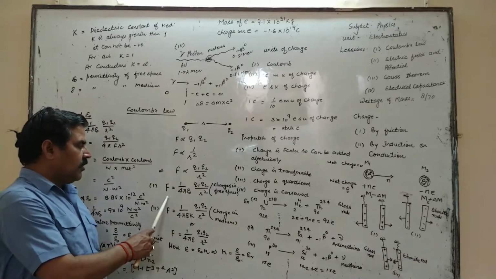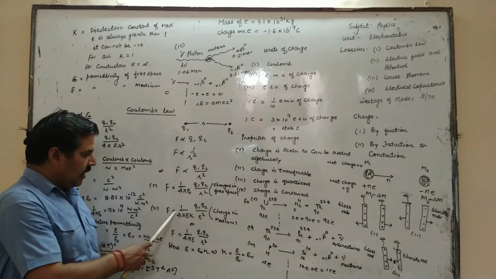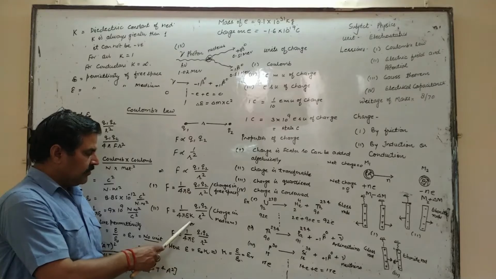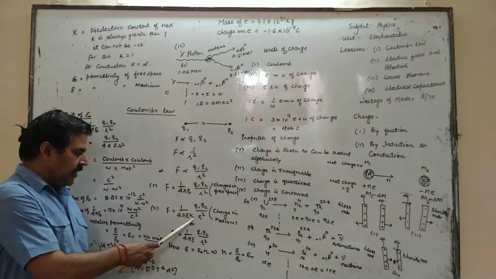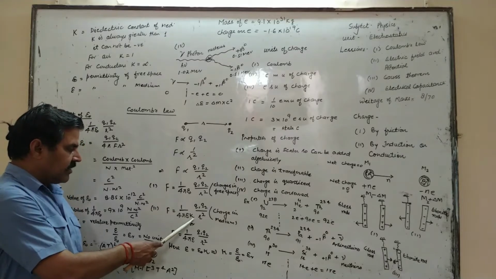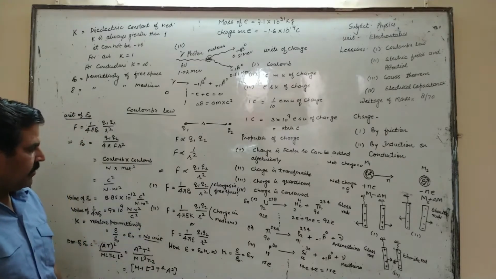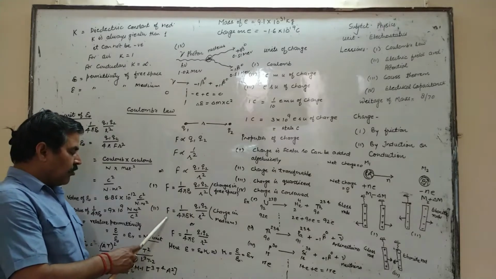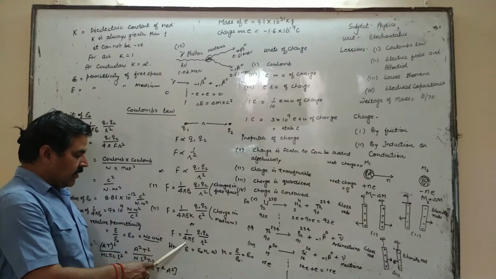This is the case when the charges are placed in vacuum or free space, and this is the case when the two charges are placed in some medium. So remember, K is related to the medium. K is called the dielectric constant of the medium. Epsilon 0 is called the permittivity of free space. Now the second case can also be written as F equal to 1 upon 4 pi